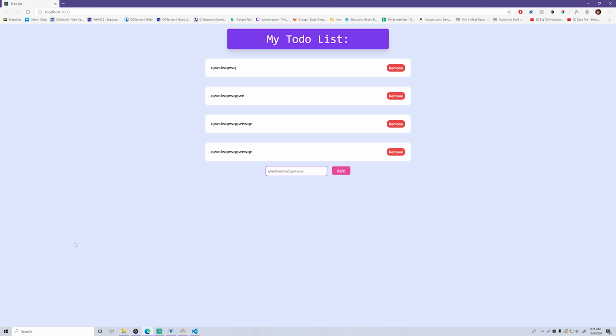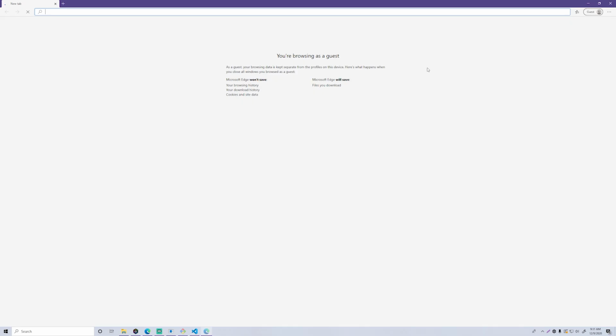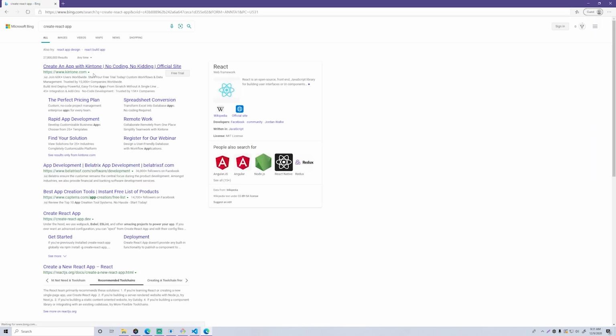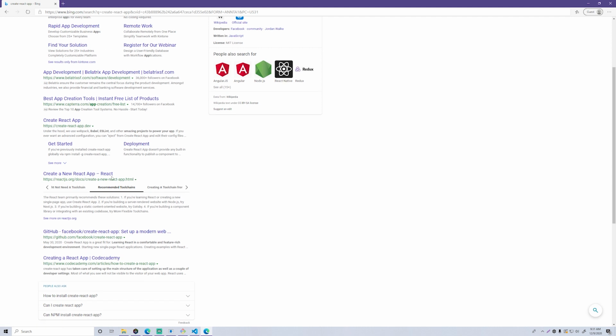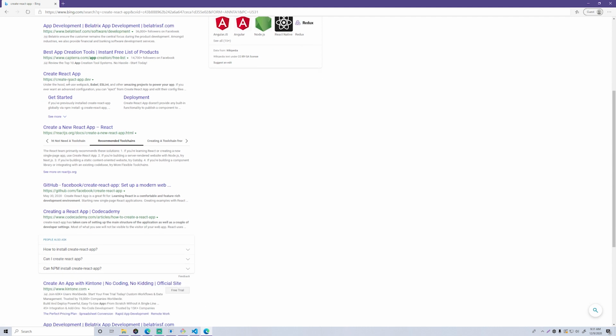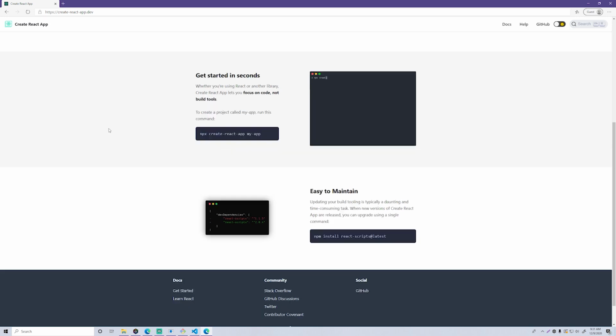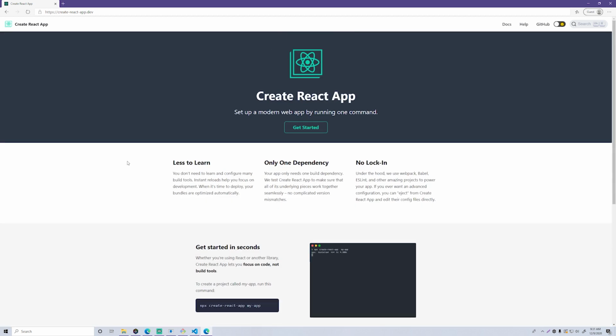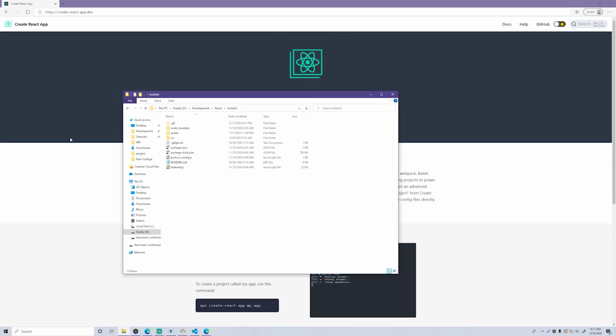The first thing you need to do is make sure that you have npm and Node.js installed. So go ahead and install that if you don't have it. And also make sure you have create React app. This is a CLI tool, a command line interface tool that allows you to create React applications really easily, like templates. So make sure you install this. That's what I'm going to use at least. You can use whatever you want. But let's go ahead and make this now using the CLI.